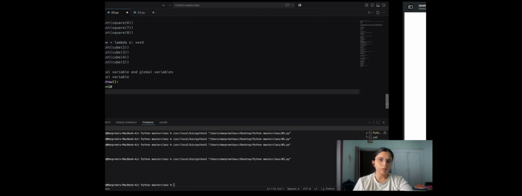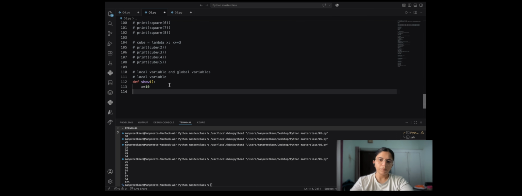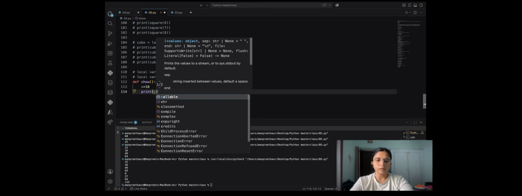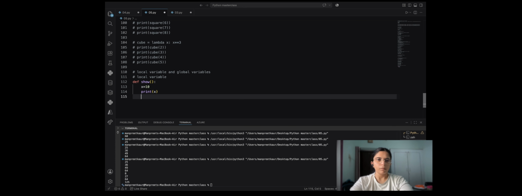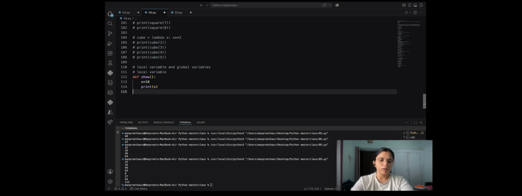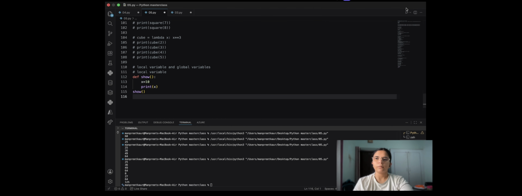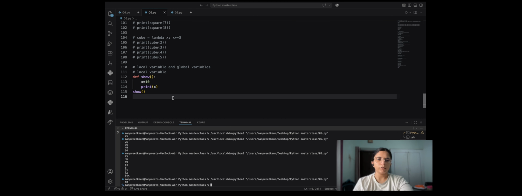Show, x is equal to 10. Then print x after that. Now I'm going to call that function outside of this. Then the value will be 10. This is about the local variable.